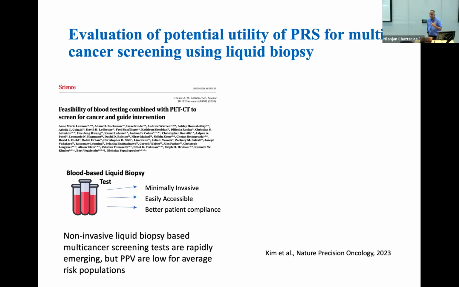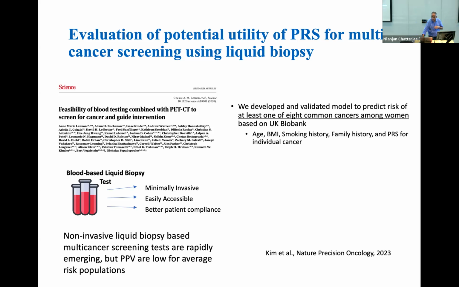So the idea would be that even if these tests were one day shown to be ready to be used, you're not going to give them to everybody. You're only going to give them to people at a certain level of risk for which the positive predictive value of the test is going to be high. This kind of idea has existed in cancer screening for a long time. For individual cancers, you propose that you will screen if the individual is at a certain level of risk. But in the multi-cancer context, where you are not cancer specific, how do you think about identifying individuals at risk? I thought this is where a polygenic risk score could be useful,